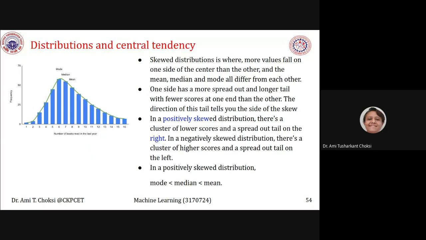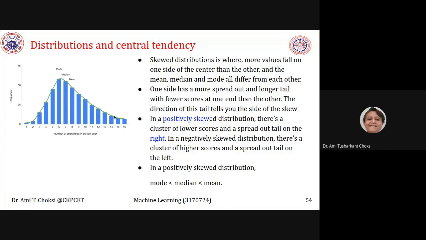So for skewed distribution we can say more values fall either on the left hand side or on the right hand side. Now one side has a more spread out and longer tail with fewer scores at one end than the other. Here we can see this is a tail, isn't it?